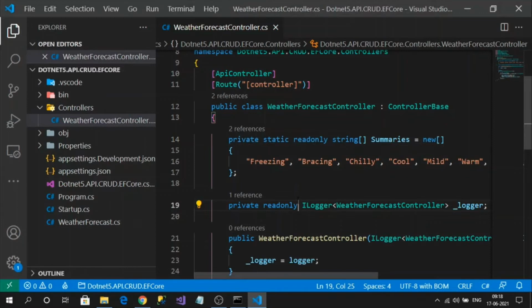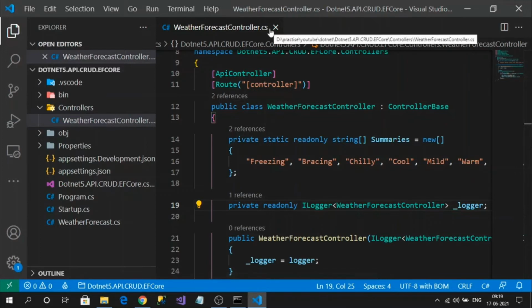And Entity Framework can be used in a couple of different ways. One such way is the database first approach. Another is the code first approach. In the code first approach, there is one more type, code first with existing database. We are going to use code first with existing database. What does this mean? It can easily be maintained with the existing database. That's the benefit of using code first with existing database. So we are going to use that technique for communicating with the database.